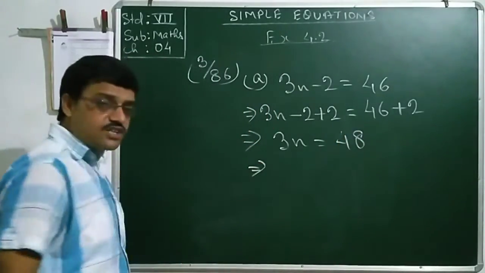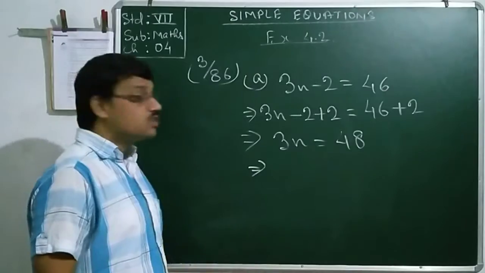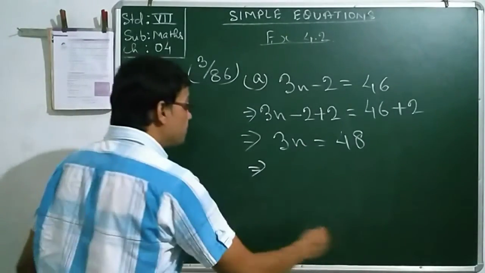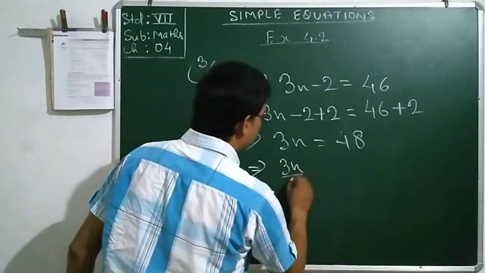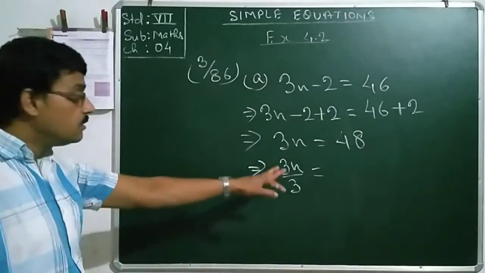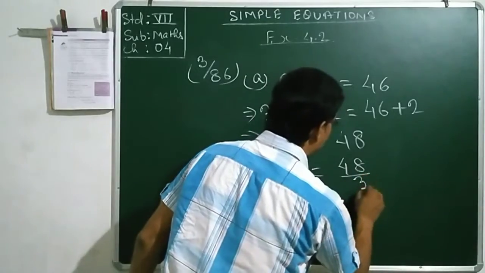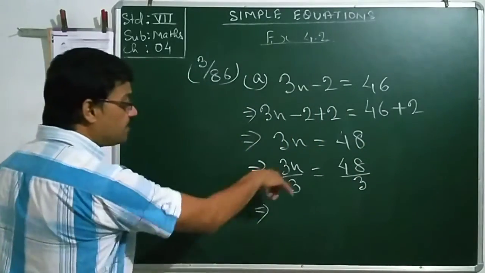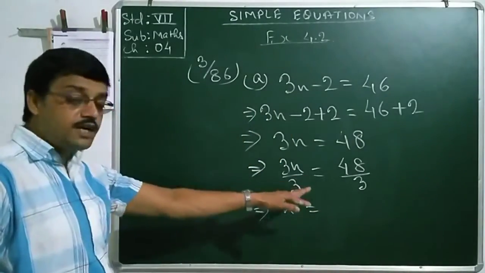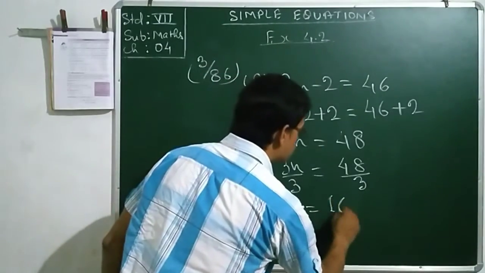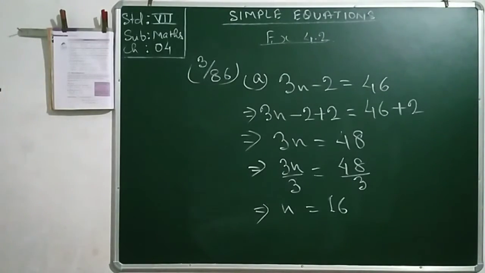And the next step, once again we will separate m from 3. As 3 has been multiplied here, we will divide the term by 3, and very similar to the LHS, in the RHS also we need to divide the term by 3. In the next step, 3 by 3 is 1, and we can write m equal to 48 by 3, which is 16. In this way, you can solve the remaining sums of 3 number also.